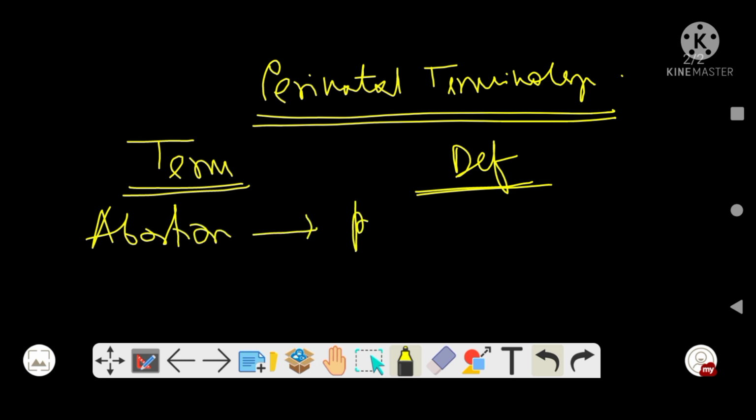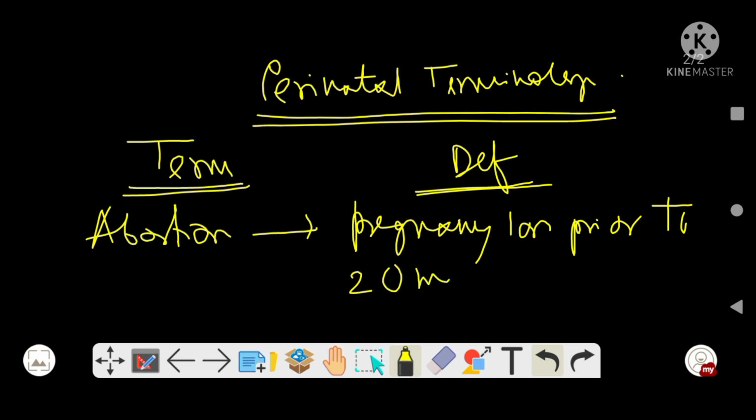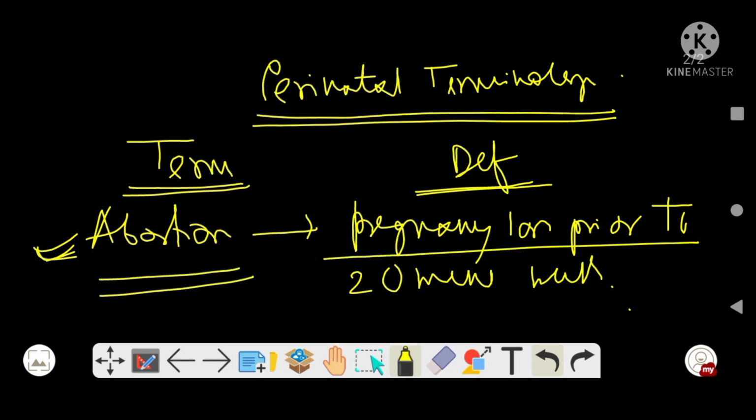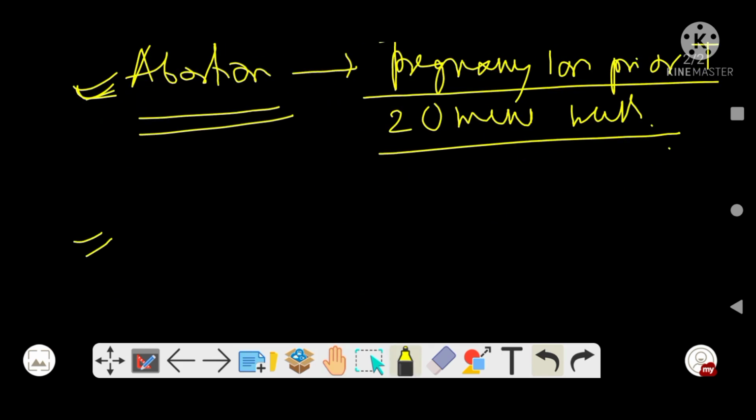Abortion is your pregnancy loss prior to 20 menstrual weeks. So abortion is your pregnancy loss prior to 20 menstrual weeks, right? This is your first definition. Next one,